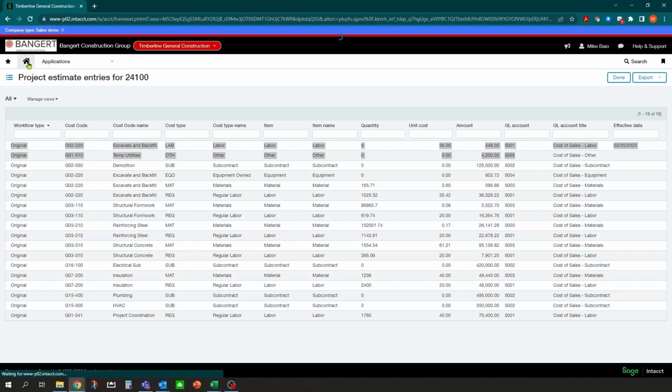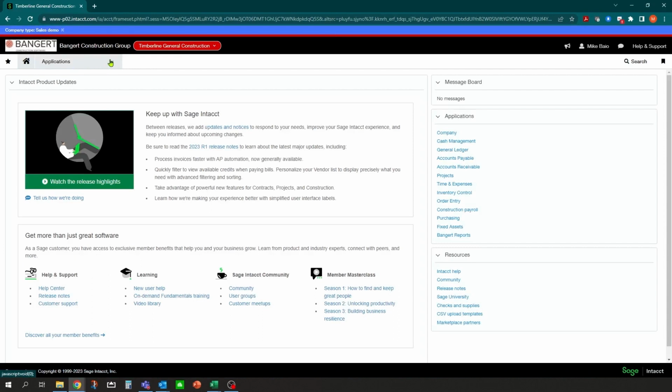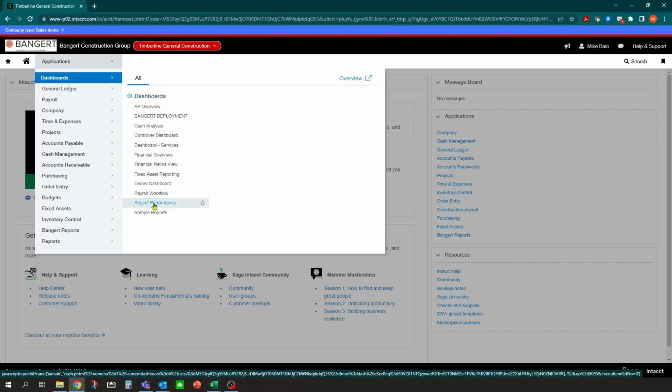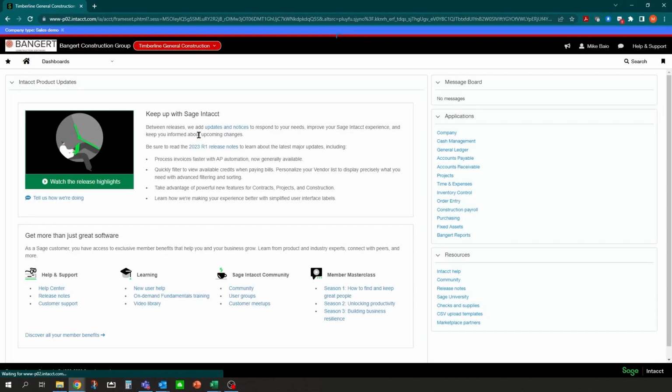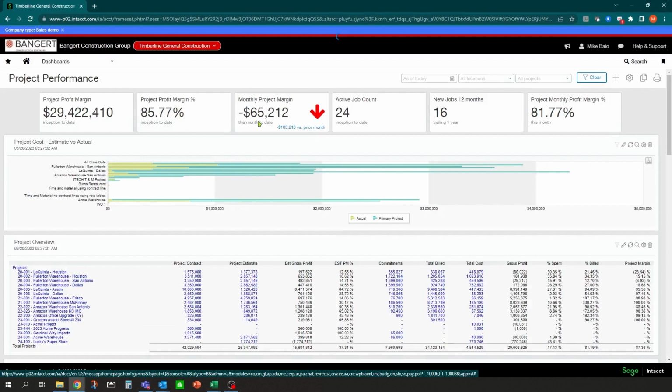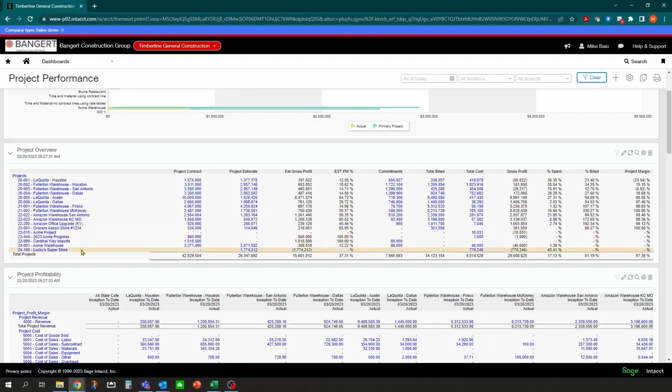And now that we have an updated project budget, as costs are coming into the system, you can manage those costs and track how you're doing on your budget, maintaining it. And you can do that several different ways in the system. There are dashboards, so you can do a project performance dashboard, for example. And so you can see overall the statuses of your projects, and your filters and calculations can be based on whatever you want to see on the project.